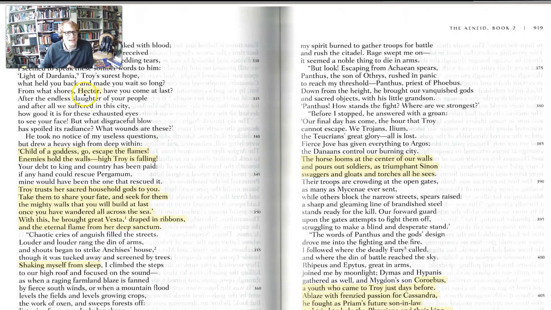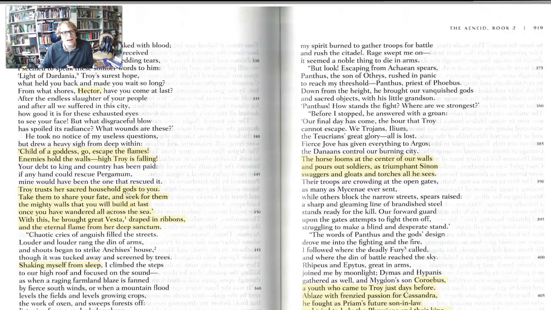While this is happening, Hector, remember Hector died at the end of the Iliad, he comes to Aeneas in a dream and says, child of a goddess, go, escape the flames. Enemies hold the walls. High Troy is falling. Troy trusts her sacred household gods to you. So this is important, right? Aeneas is about to take all the wealth of Troy that he can manage to get out of the city real quickly, which can't be that much, but he's got at least the household gods and some important stuff,